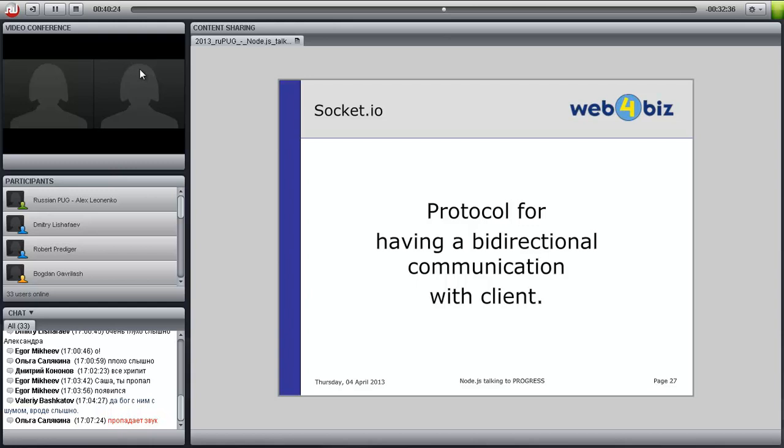But Socket.io is a bit different because Socket.io has altogether 6 different possibilities of communication protocols with the client. One of them is WebSockets, but there's also long polling, there's Flash, there are different other protocols as well, because WebSockets are not available in every browser, and especially for mobile devices, difficult to handle.